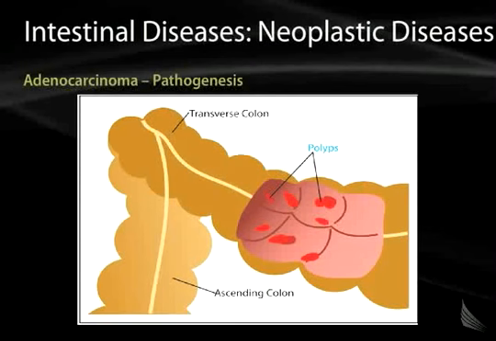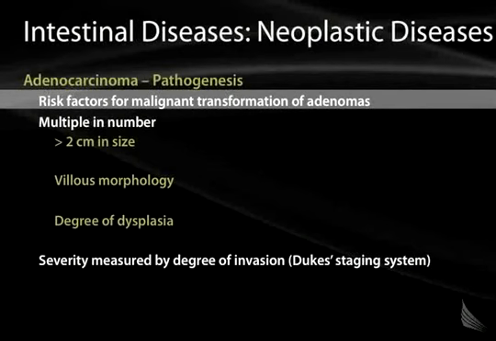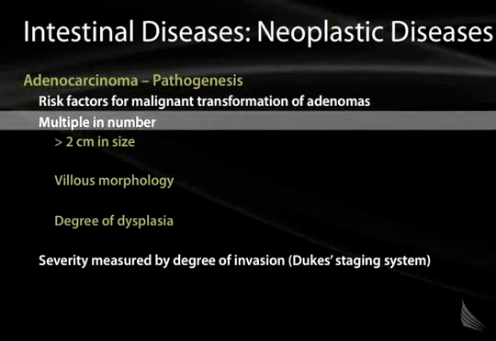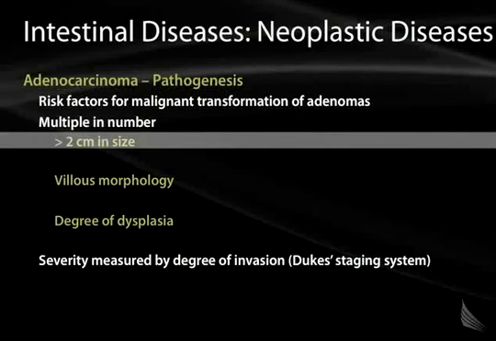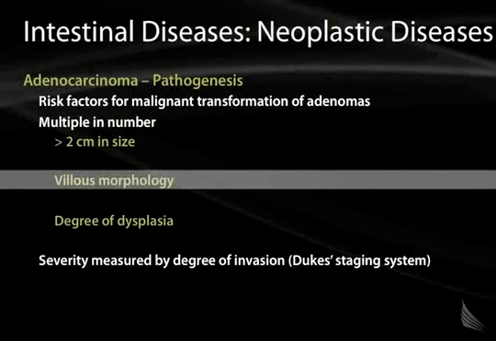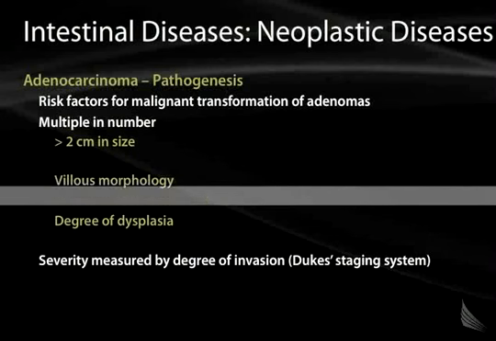Here's a picture showing polyps in the colon. Remember, polyps which are adenomatous or tubulovillous are at risk for growing into adenocarcinoma. Again, tubular adenomas are pre-malignant conditions. Risk factors for the malignant transformation of adenomas include multiple adenomas, size greater than 2 centimeters, villous morphology, or the